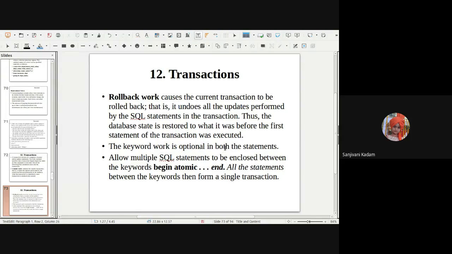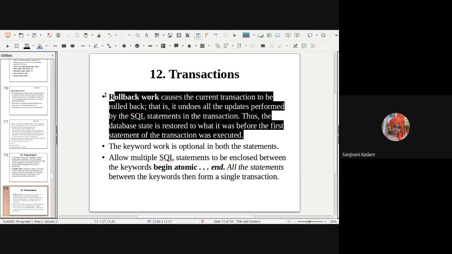So whenever we start a transaction, a transaction always starts with the begin keyword and ends with the end keyword. Thus the database state is restored to what it was before the first statement of the transaction was executed. So rollback